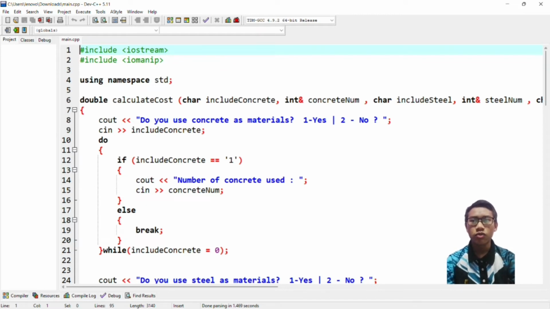Then we go to the first part, which is the output. First is, do you use concrete as a material? And then there are 2 options, yes or no. And then we put the include concrete variable, and if the user puts 1, which is yes, it will go to the second, which is the number of concrete used, using the integer concrete number. Or else, if the user uses number 2, which is no, it will break